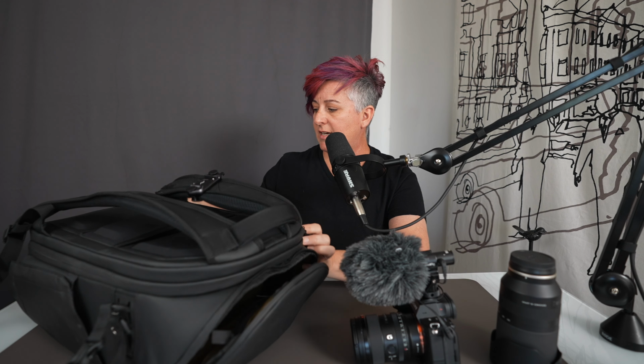So you can enter this bag from 2 locations. The first is this bottom area right here. I do have the full size camera insert, but this has 2 small size inserts. And what really made me buy this bag to try it out was up here. This is called the loft. So I can access the loft either from here inside the bag,